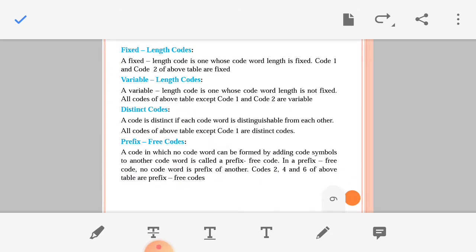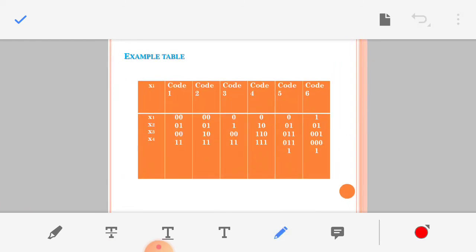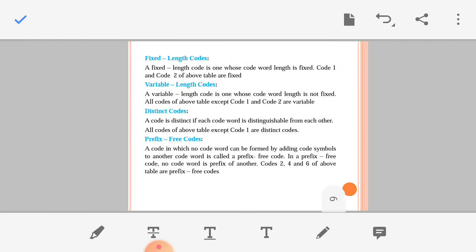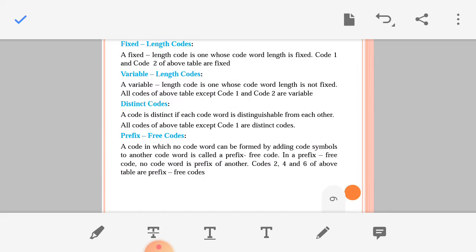First, fixed length codes. A fixed length code is one whose code word length is fixed. In this table, code 1 and code 2 are said to be fixed length codes. Then variable length codes. A variable length code is one whose code word length is not fixed.